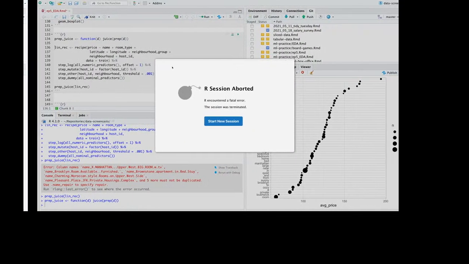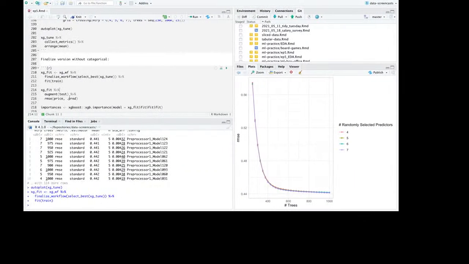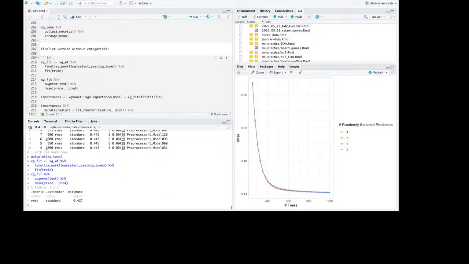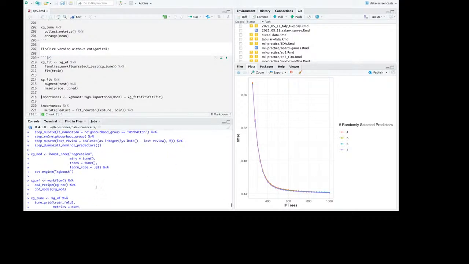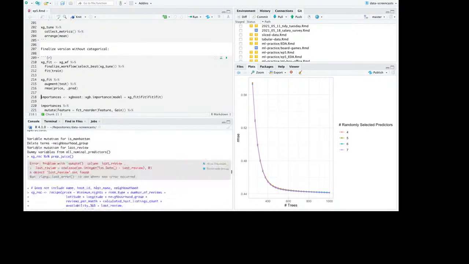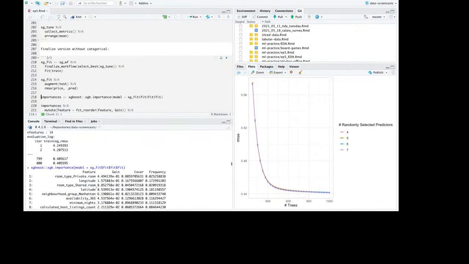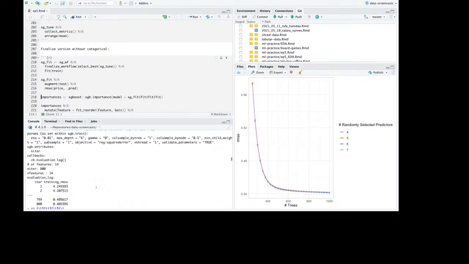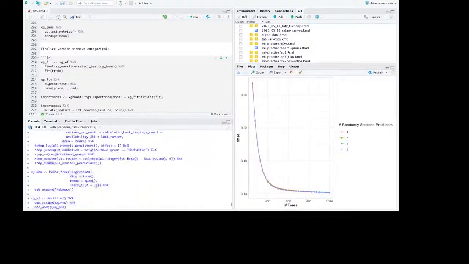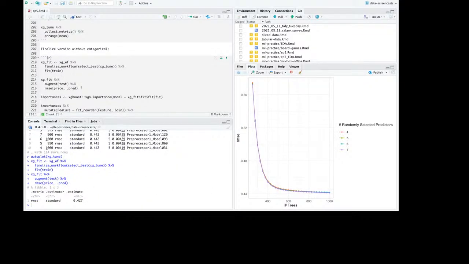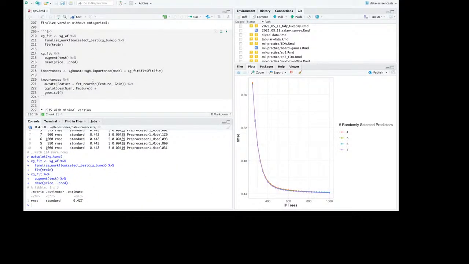Sure. Let's terminate this R. And yeah, just to check this, 427, what was it before? It was even a little better than that, wasn't it? Oh, well. Can't trust that. You can't do everything based on this. All right, so I'm going to use this model, and I'm going to say,